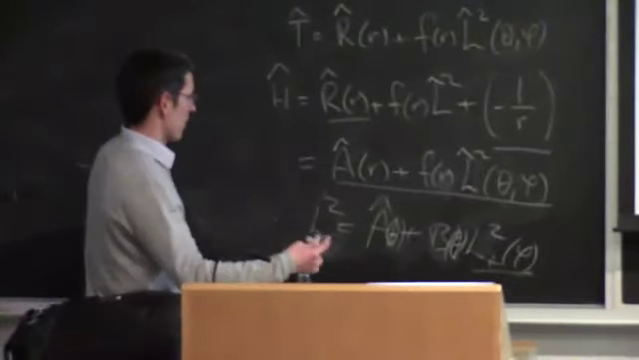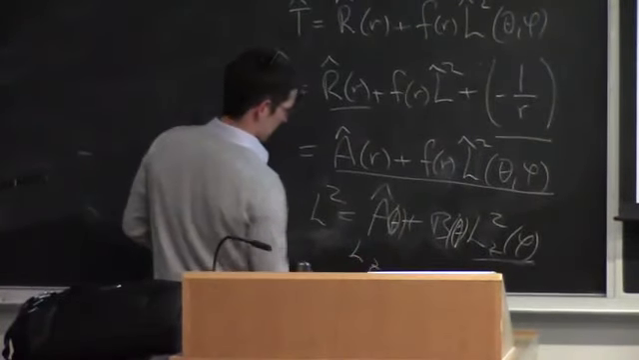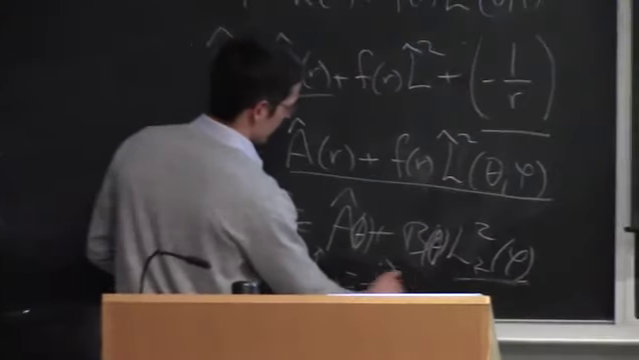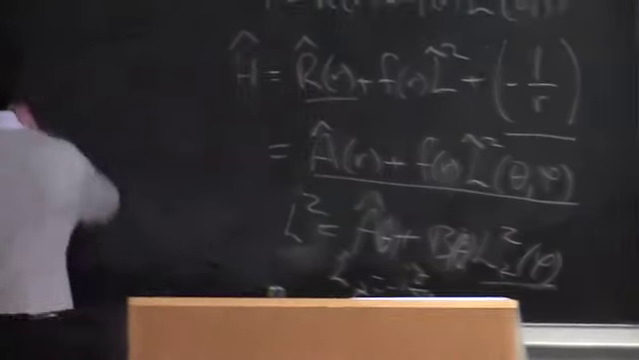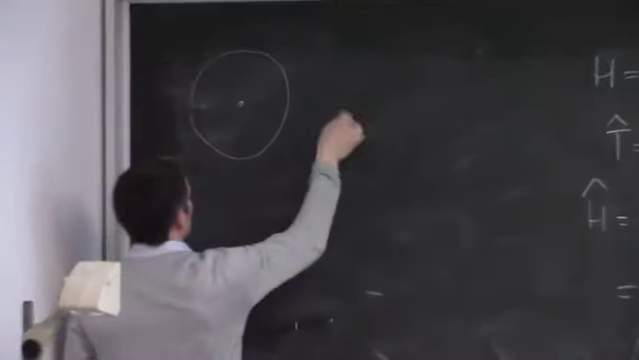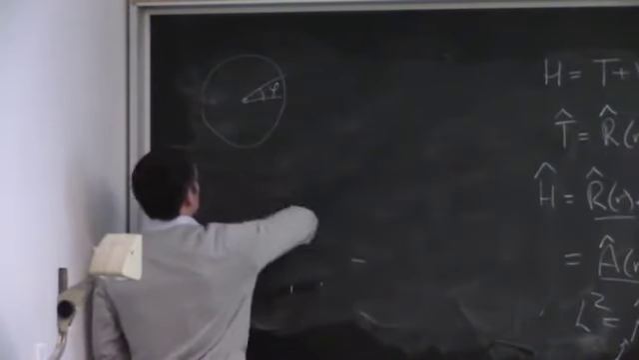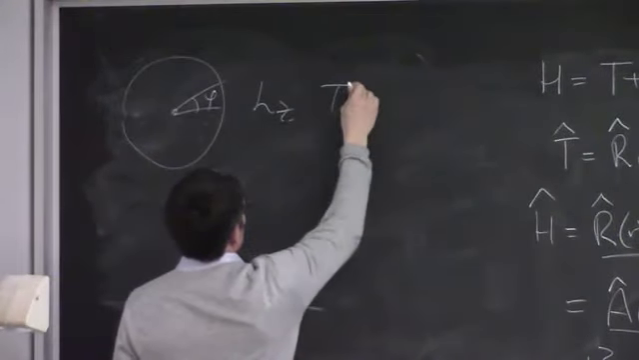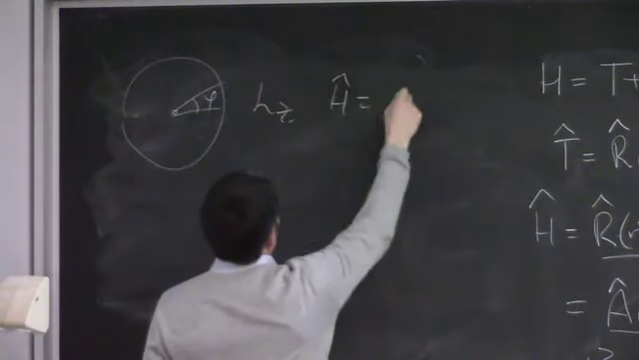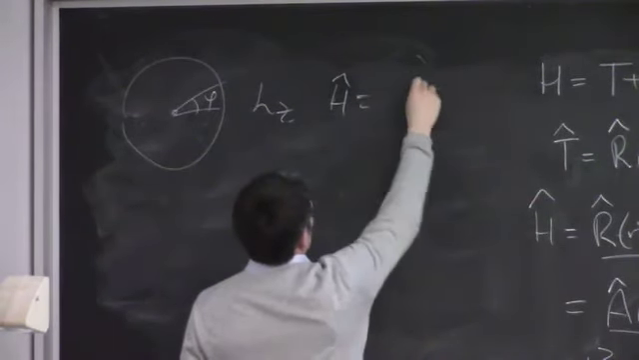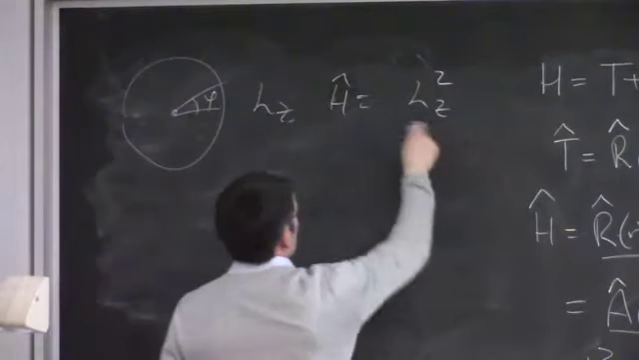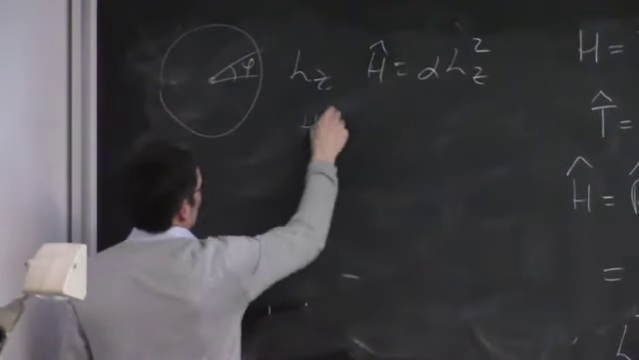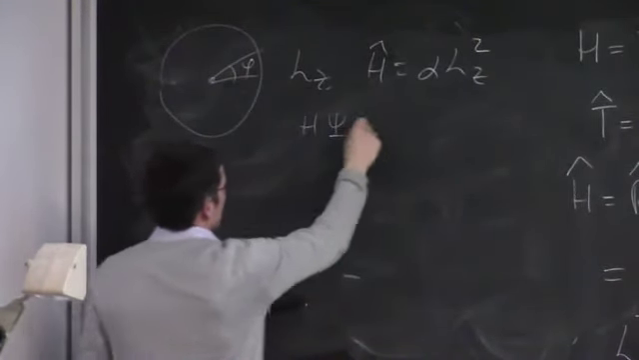Before, remember how it all started? We started with LZ, right? And LZ was very simple. It's minus i d over d phi, particle on the ring, in the polar coordinates. Essentially, our whole kinetic energy or Hamiltonian of the particle on the ring was proportional to LZ squared, with some constant. Then we solved this problem, H psi equals E psi,